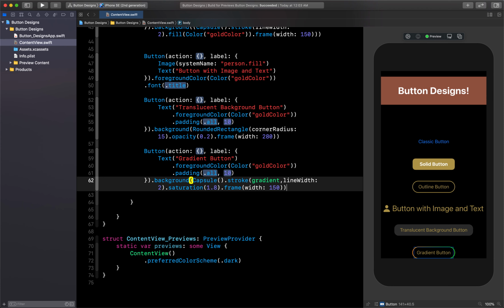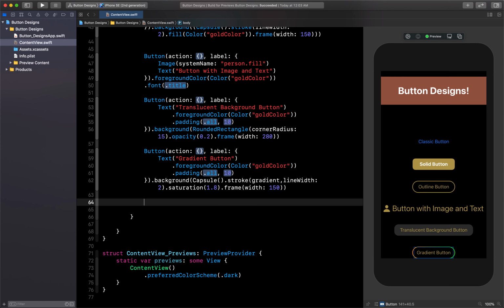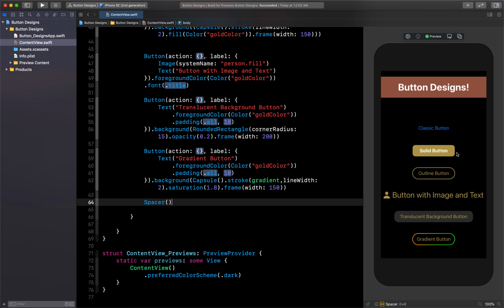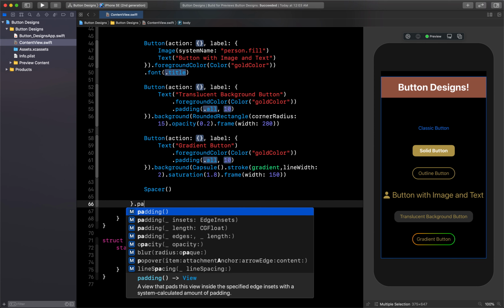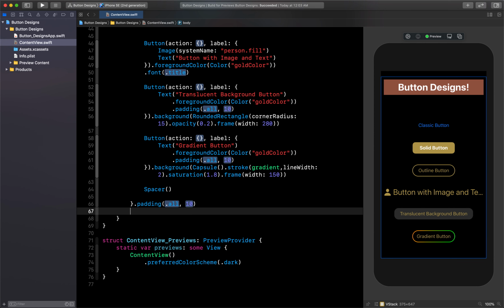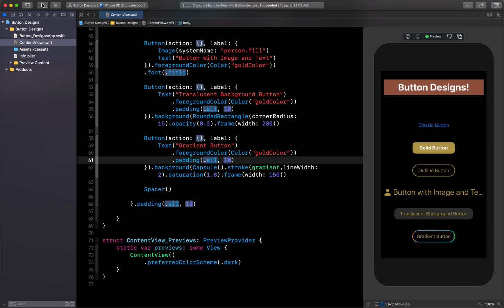Okay, and now let's give a spacer at the end so that our buttons will come at the top, so that we can see it properly. Here you can see it has pushed all the buttons above, and after this I will just give some padding so that it will look good. And yeah, that's all I think we have done. Let's run it on the actual simulator and see how it looks.